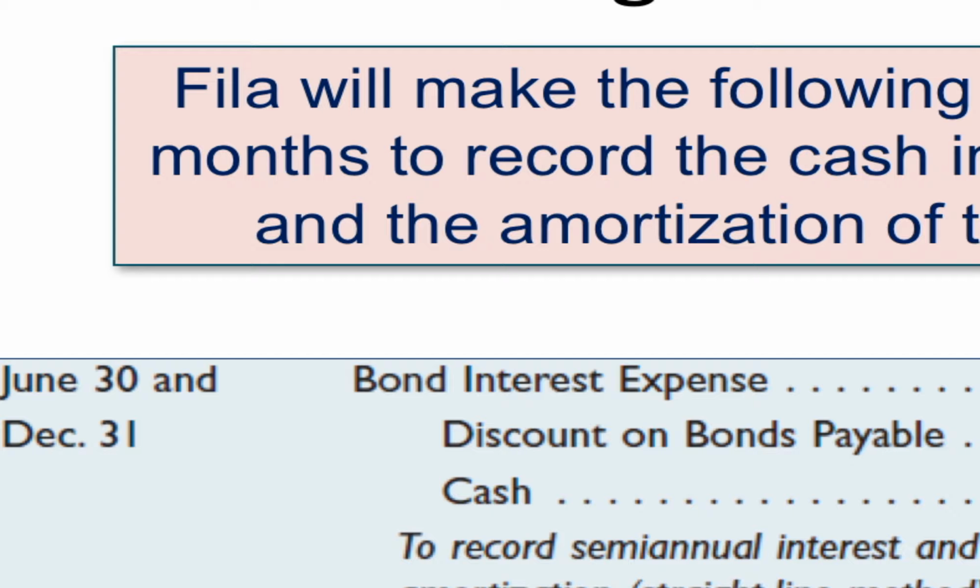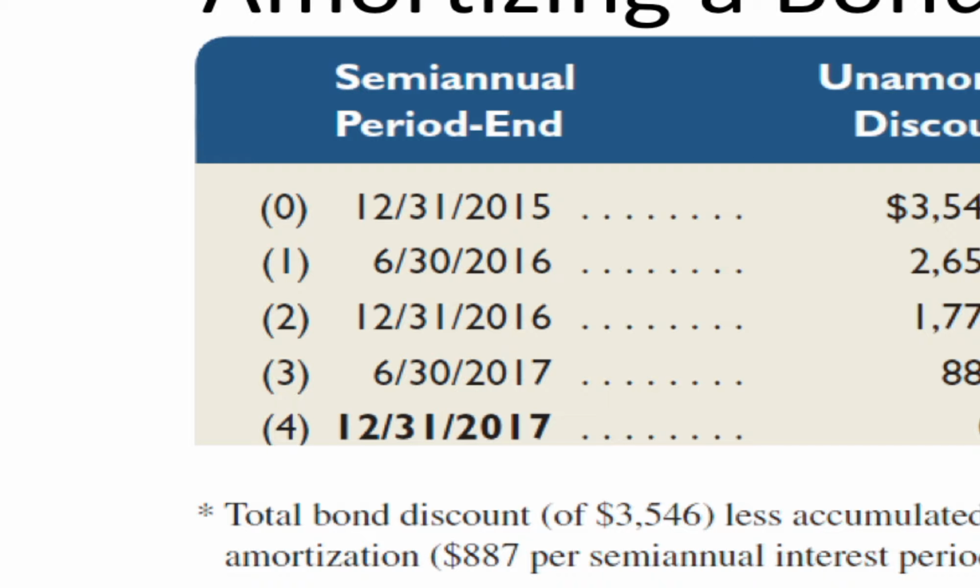In terms of figuring out what amount to put in this format, you're going to look at the original amount in the discount account and divide that amount by the total number of interest payments you're going to have to make on these bonds. Whatever that amount is will be the discount that is deducted with each interest payment. That shows that as time goes by, once we get to the maturity of this bond, the discount is down to 0.